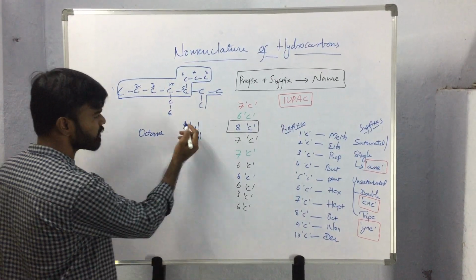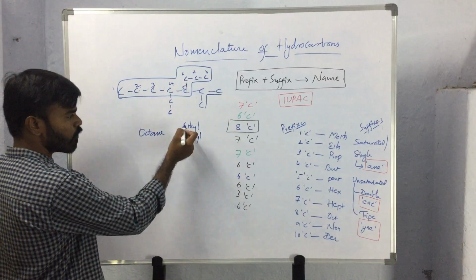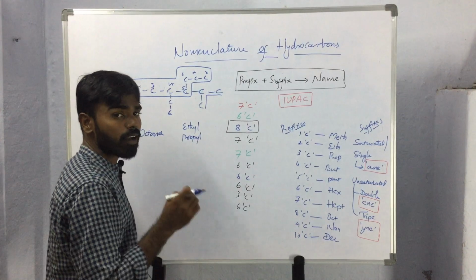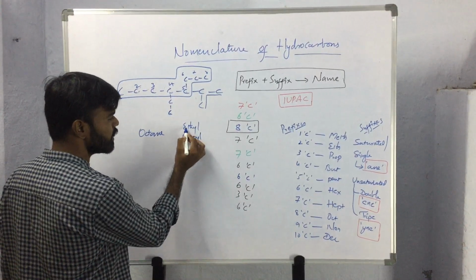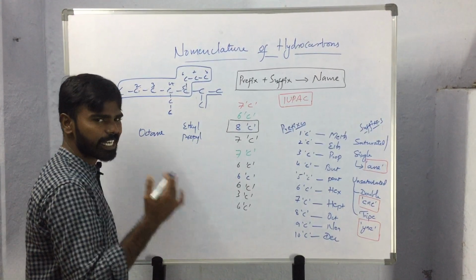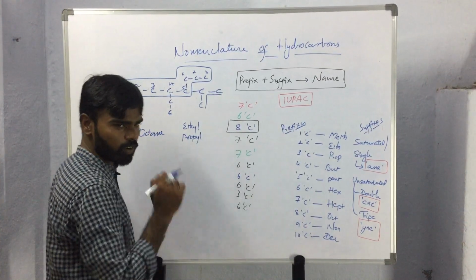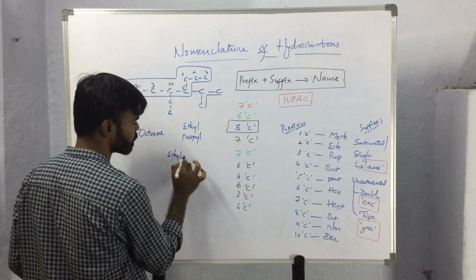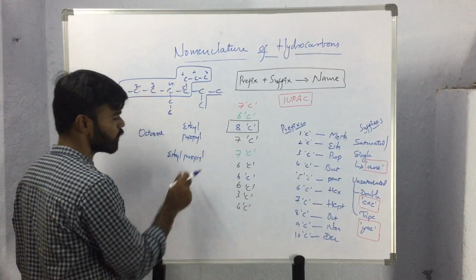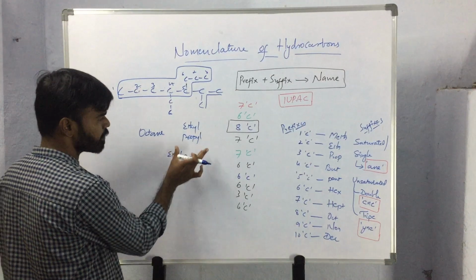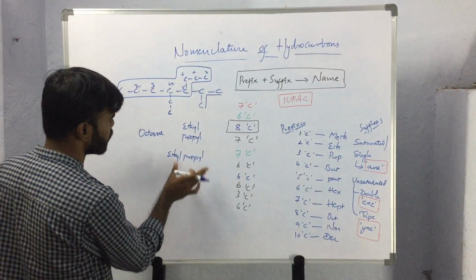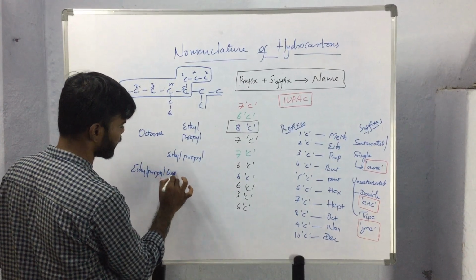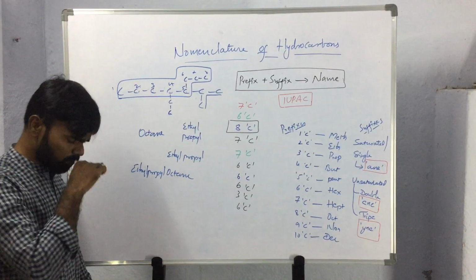So here in this condition, we will be arranging the names of these substituents in alphabetical order. So here E will come first and P will be the next in the alphabetical order. So the name of the compound will be ethyl propyl. So like this we have to arrange the names of the substituents. So simply we can name like ethyl propyl octane. Okay.